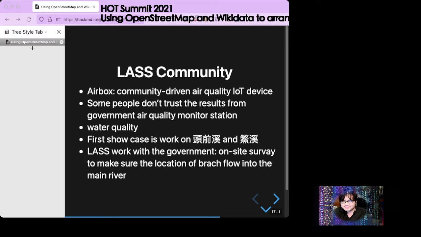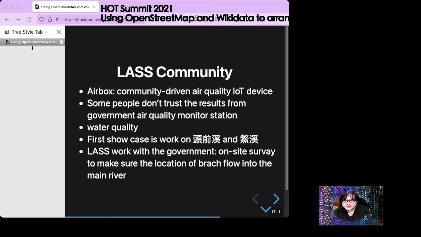And the last community have stepped up and decided they want to tackle this problem. They've had numerous meetings with the government, and they're known for their AirBox. The AirBox is a community-driven air quality monitor IoT device, because in Taiwan, there are big air quality monitor stations that are fixed, but unfortunately, the numbers are just a few.